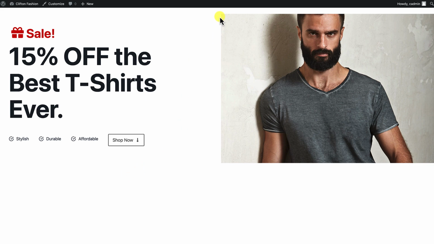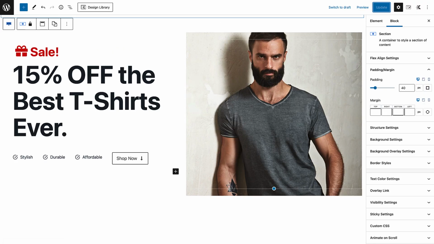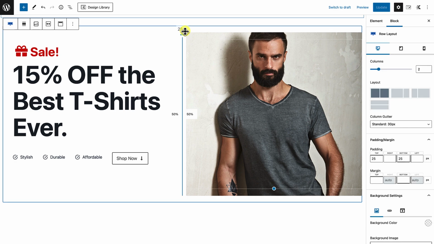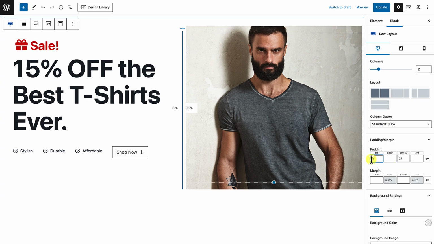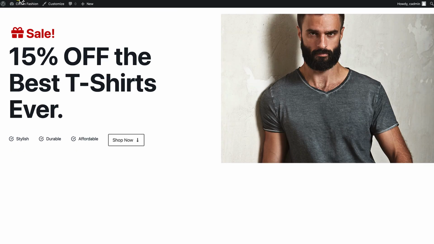Okay, you'll also notice that there's some spacing right up here, which means there's probably some spacing up here. So this is just a default spacing that happens when you add a row, and we definitely don't want that. So what we want to do, we're going to go back here, and we're going to select the outermost row, and you can see it right there. You can either drag this closed if you want, okay, or you can move over to the right hand side and just make sure to add zeros in all the spots here for padding. Okay, and get an update, and when we preview,